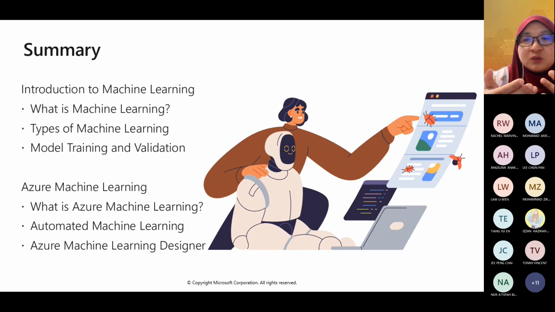Okay, you evaluate by using the evaluation method that measures how well your model performs on new data. Okay, we have machine learning types, which can be classified as two